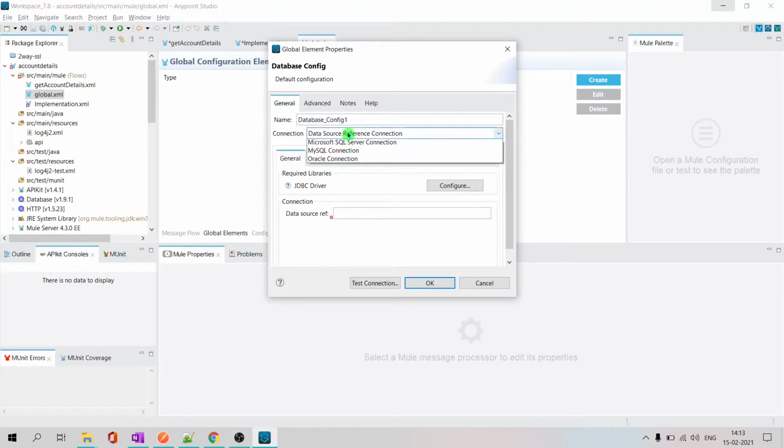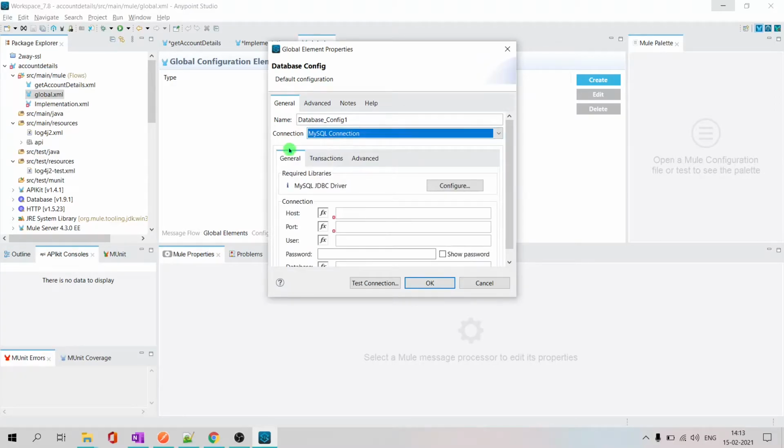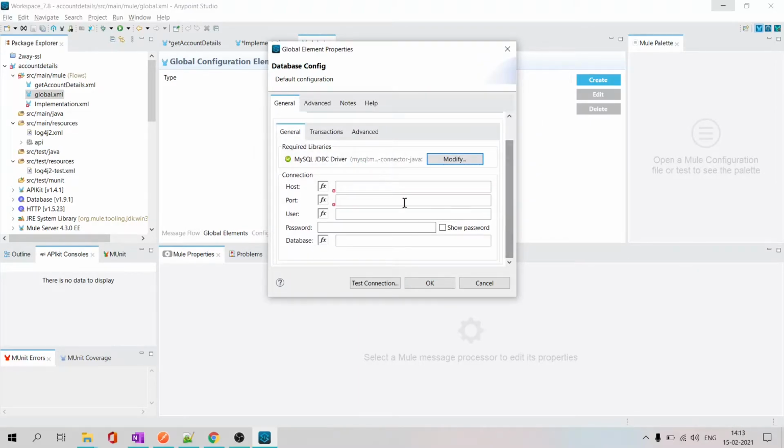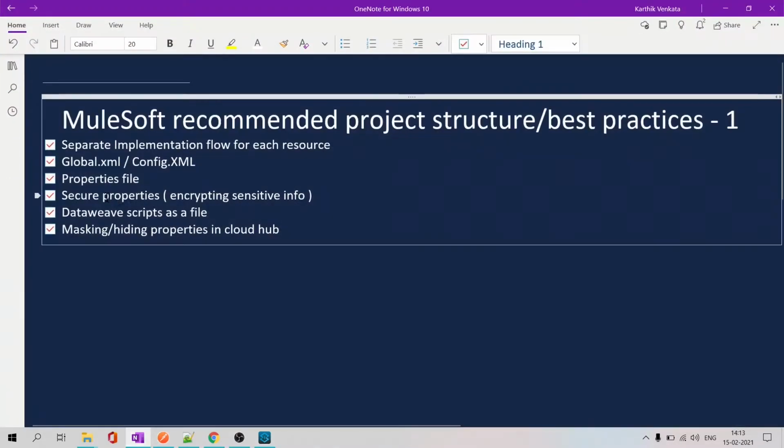Okay, let us create our database connector configuration here. You can just use the recommended libraries. It will add the necessary libraries there. Here, you should be putting values for our database connectivity. If you keep it like this, you call it hard coding. If you want to change in future, you would have to change your source code. That's not good. So we have to refer to it from a property file. That's what we discussed here, right?